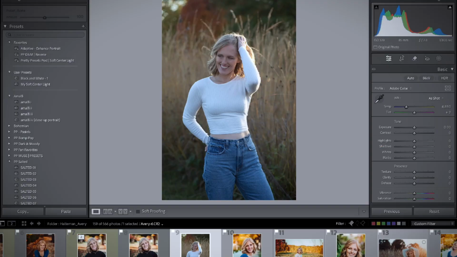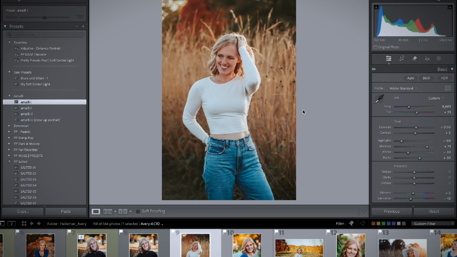And the third rule is that I have to edit them without presets. And if you don't know what presets are, I'm specifically talking about Lightroom, but they are basically a saved group of photo editing settings that can be applied in just one click. And there's nothing wrong with presets. I love presets. They help streamline my portrait work. They're wonderful to use. But again, they don't make me really stop and think about what I'm doing. And they're not helping me improve my own editing skills, which is part of the goal here.